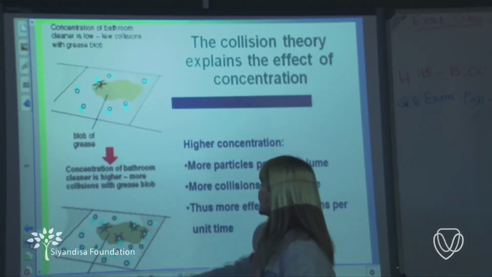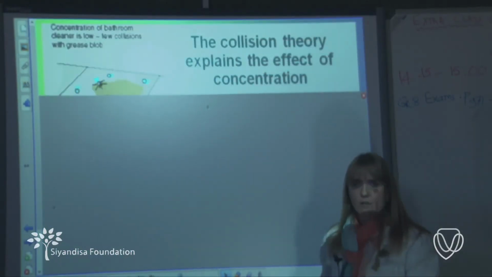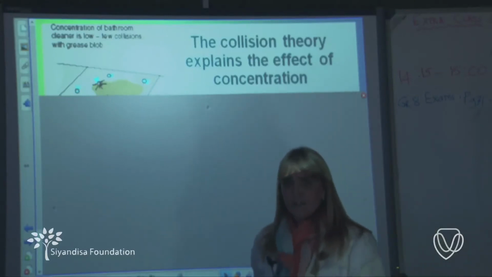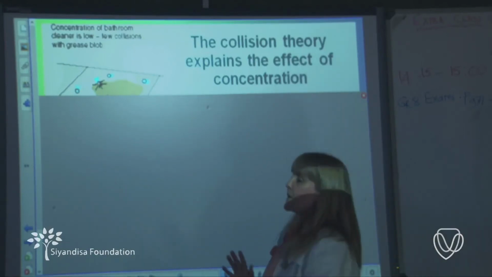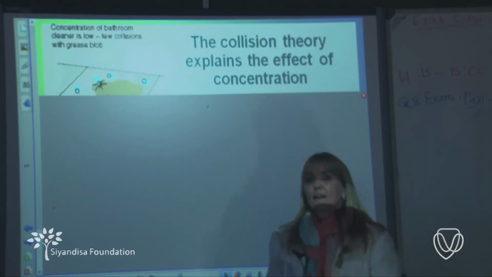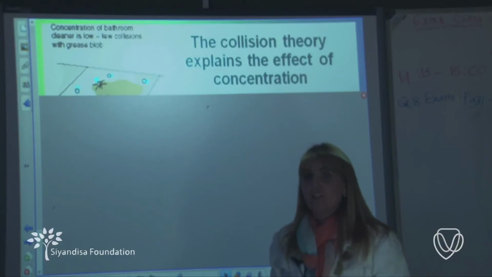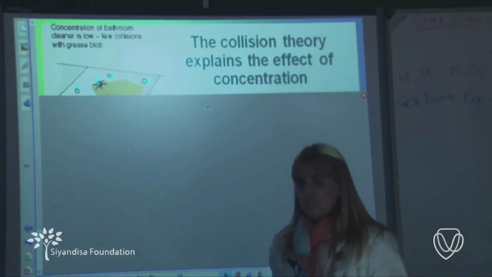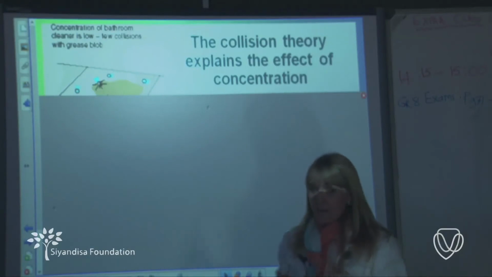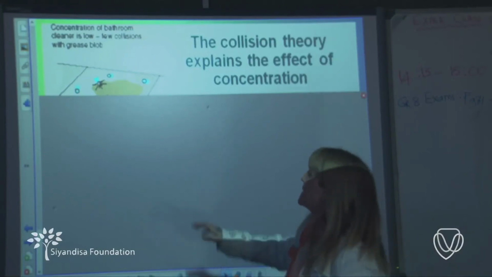All right, let us now look at the effect of concentration on the rate of a chemical reaction. Now remember what concentration is. Concentration is the number of particles in a specific volume. Now I'm going to use a silly example. You've made a mess in the kitchen. You cooked lunch when you got home, you were hungry, and you've made a mess in the kitchen, and you now want to clean up. And you use a fairly cheap detergent, soap, to wash off the counters. Now, cheap soaps are cheap because they have a low concentration of the active ingredient,